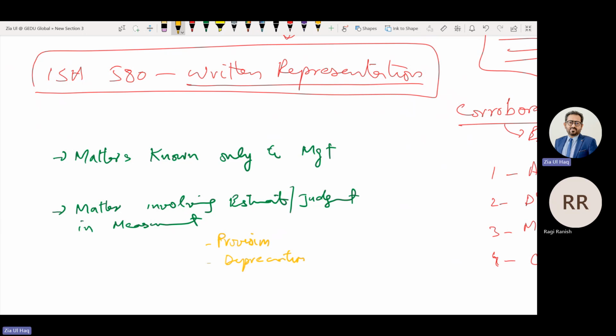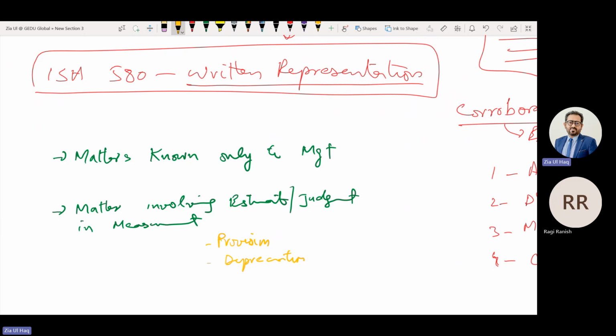If we can verify the life of the asset by consulting an expert, then we have sufficient evidence. But if there is no expert available, or consulting an expert requires more cost, then we will ask the management to provide representation: your estimate is accurate, you can use this asset for this number of years.